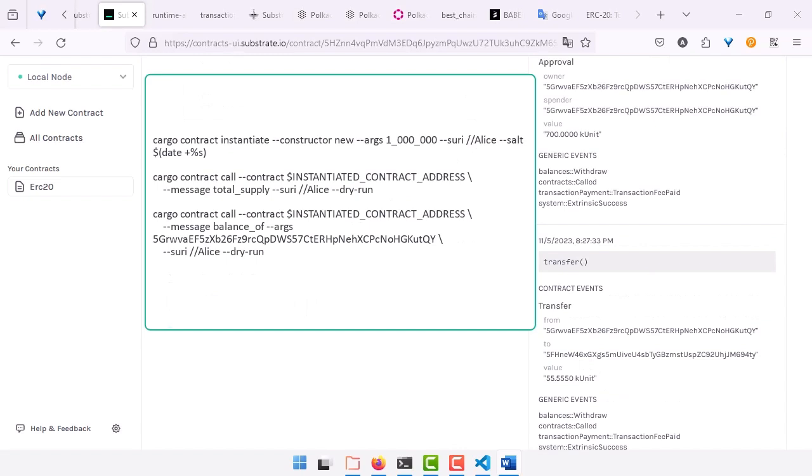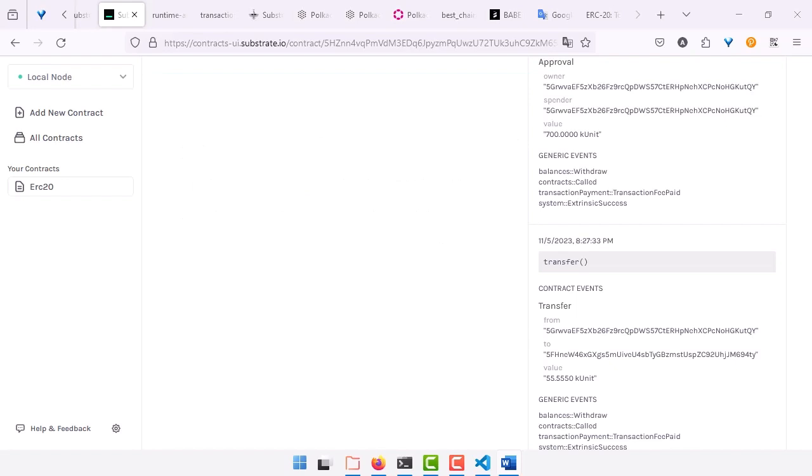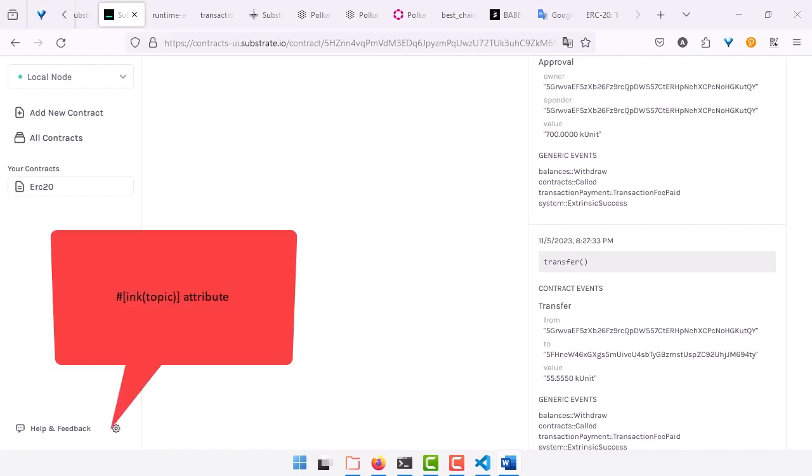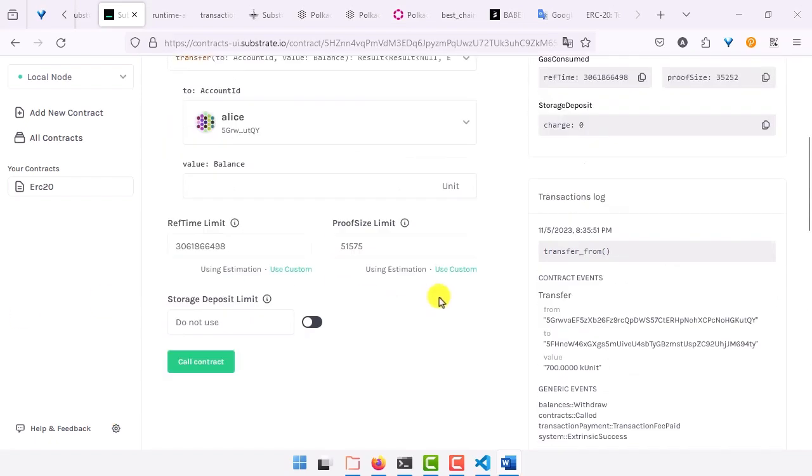I pointed out events. The ERC20 token standard specifies that contract calls cannot directly return a value when submitting a transaction. However, you might want your smart contract to signal in some way that an event has occurred. For example, you might want your smart contract to indicate when a transaction was made or that the transfer was approved. You can use events to send these kinds of signals. For faster access to the event data, they can have index fields. You can do this by using the ink topics attribute. To describe in more detail,